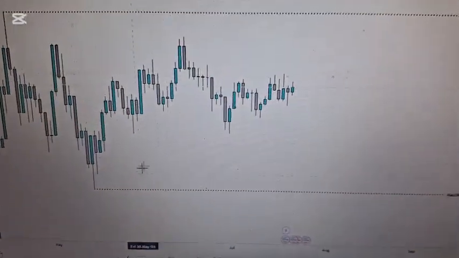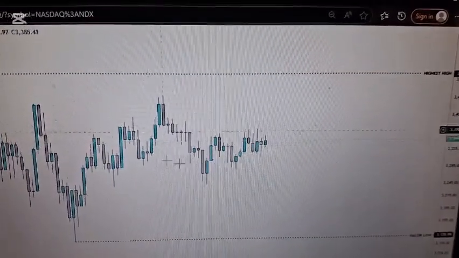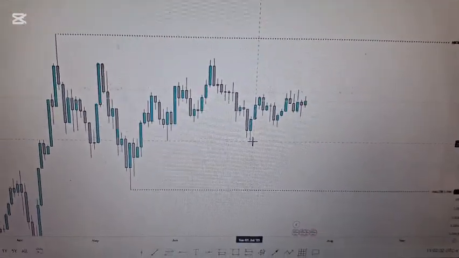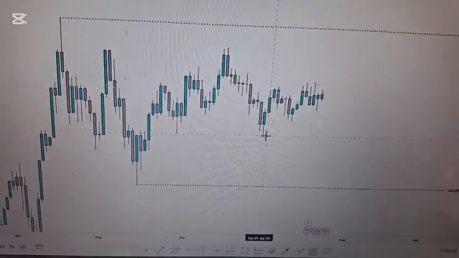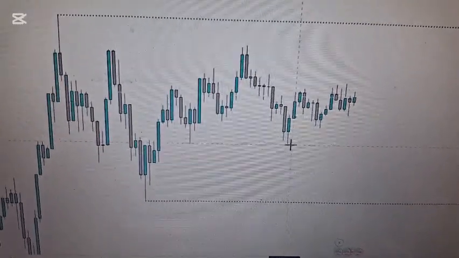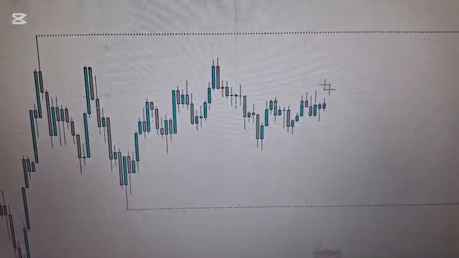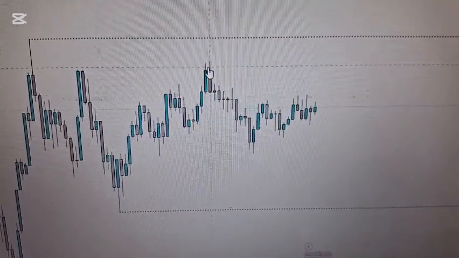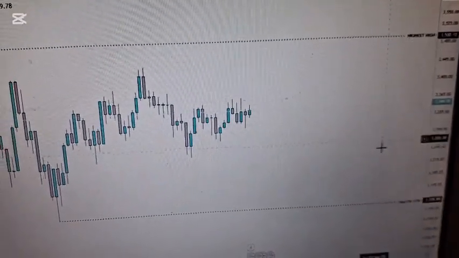So what I'm gonna do, I just marked out the highest high and the major low. So I'm gonna break it down. I'm gonna go inside here and see what I'm seeing. I'm gonna do the annotation and explain it after I've done the annotation. So right now what I'm seeing on the daily time frame, basically that's it. I marked out the high. I can mark out this high, but I'll do it on the 4-hour time frame. For now, I'm just gonna mark out the highest high and the lowest low.